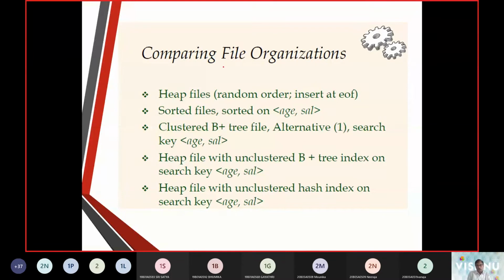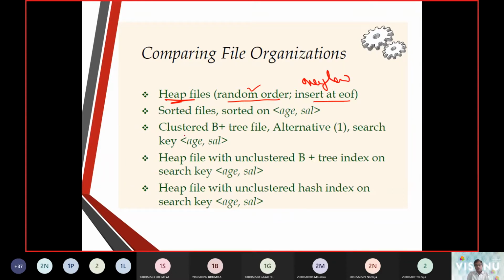What we talked about was the heap file. We mentioned it is an unclustered item, with random order, and we make an insert at the end. That is one takeaway. We also discussed overflow in the heap file.